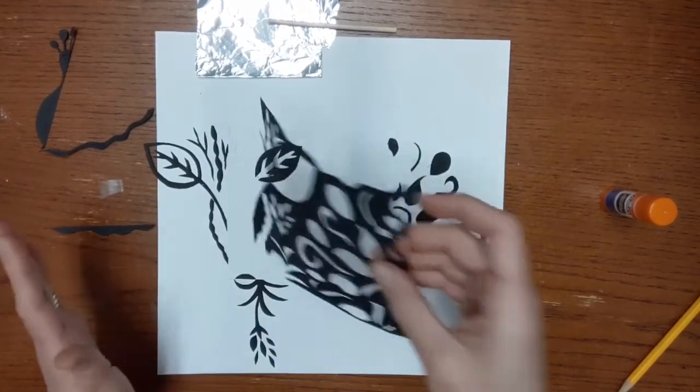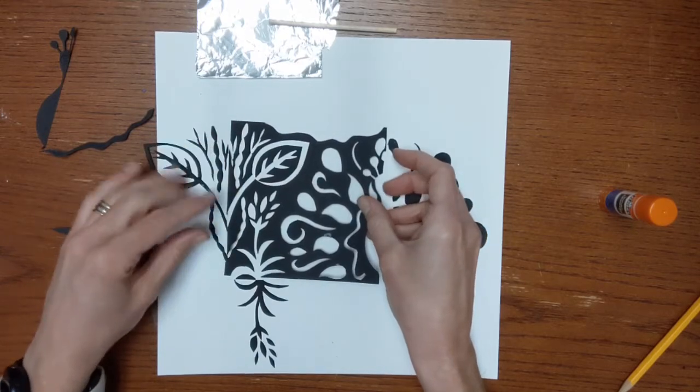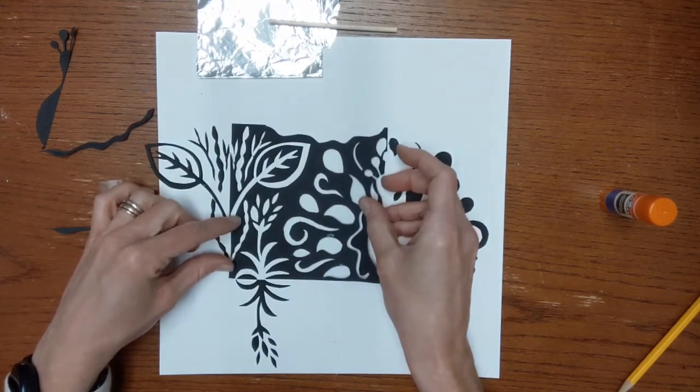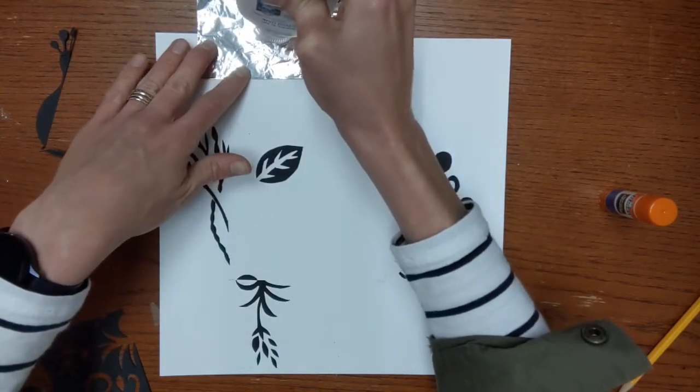So at this point, I'm going to go ahead and place my main largest piece that I have as best as I can. I still don't want to just put a bunch of white liquid glue onto the back of it,